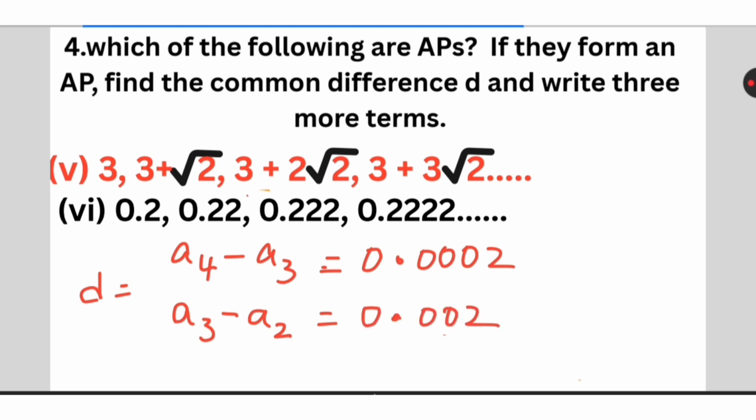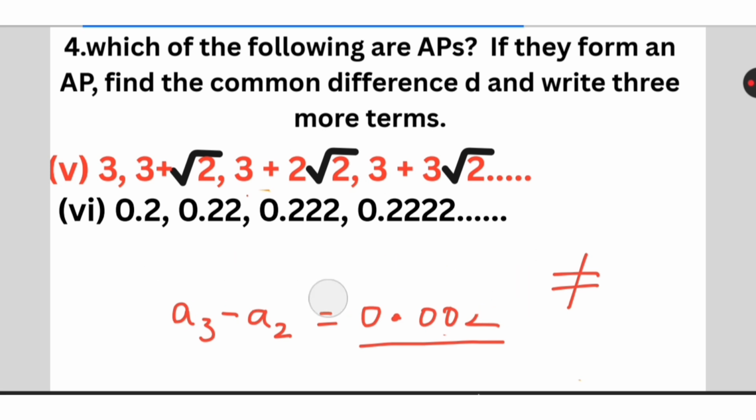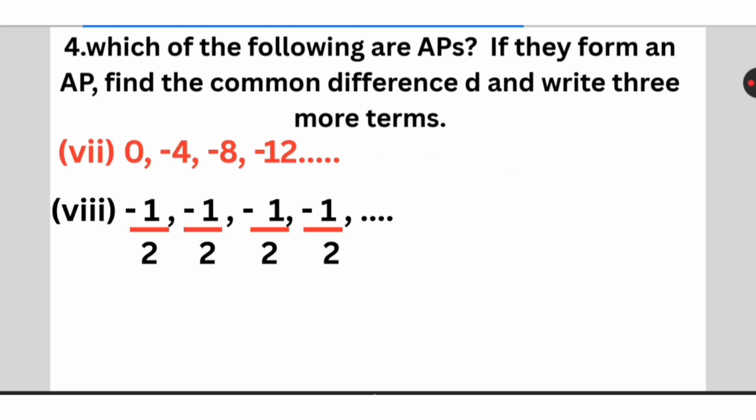So if you do a4 minus a3, here we are getting 0.0002. But if you do a3 minus a2, here we are getting 0.002, which is not equal. So that's why this sequence does not form an arithmetic progression. Then no need to write another 3 more terms. So let's see for the 7th sequence, which is